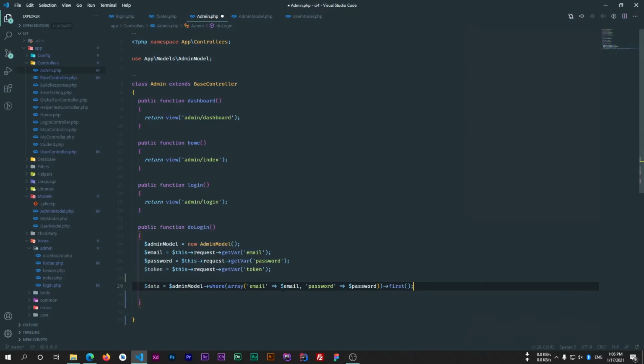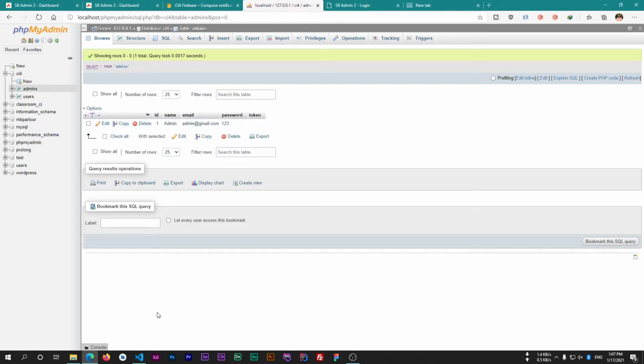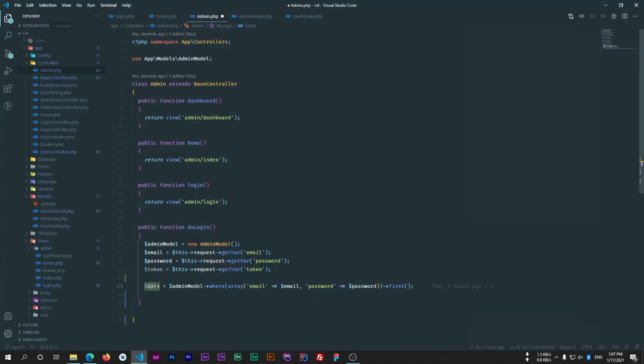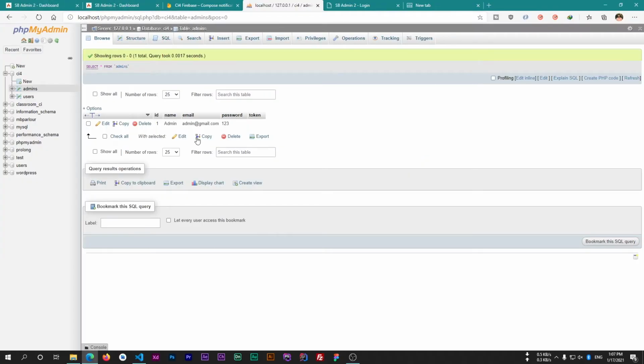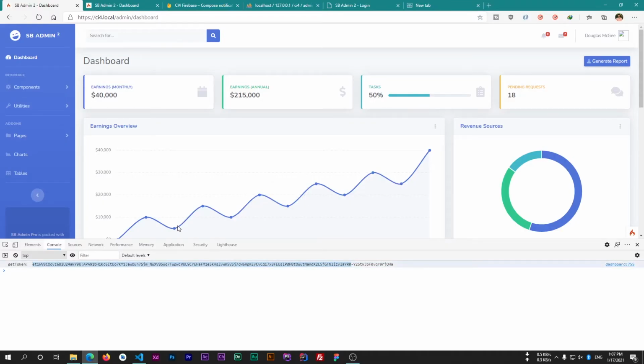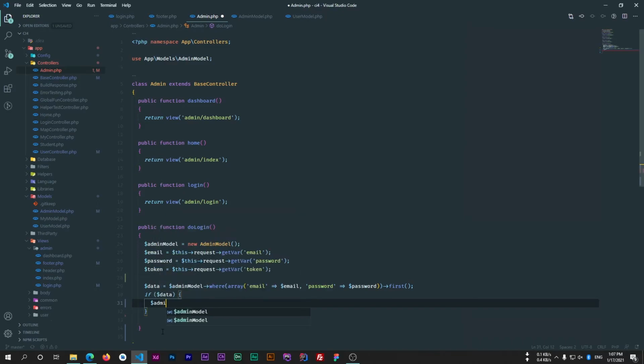So if this email and password match in the database table, then it will return the whole data, otherwise this data will be empty, or you can say null. So now I'll check here if this data exists, which means our condition is satisfied. So I'll simply update this token in the database. So I'll use admin model